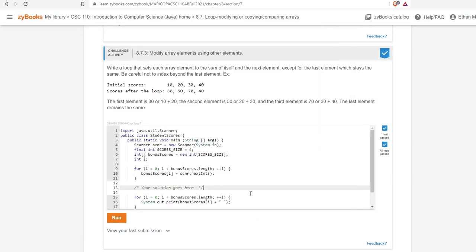Hello everyone. So we're going to do challenge activity 8.7.3, modify array elements using other elements. We have to write a loop that sets each array element to the sum of itself and the next element, except for the last one, which stays the same. So basically what it wants us to do is go through, remember that we have an integer array with a